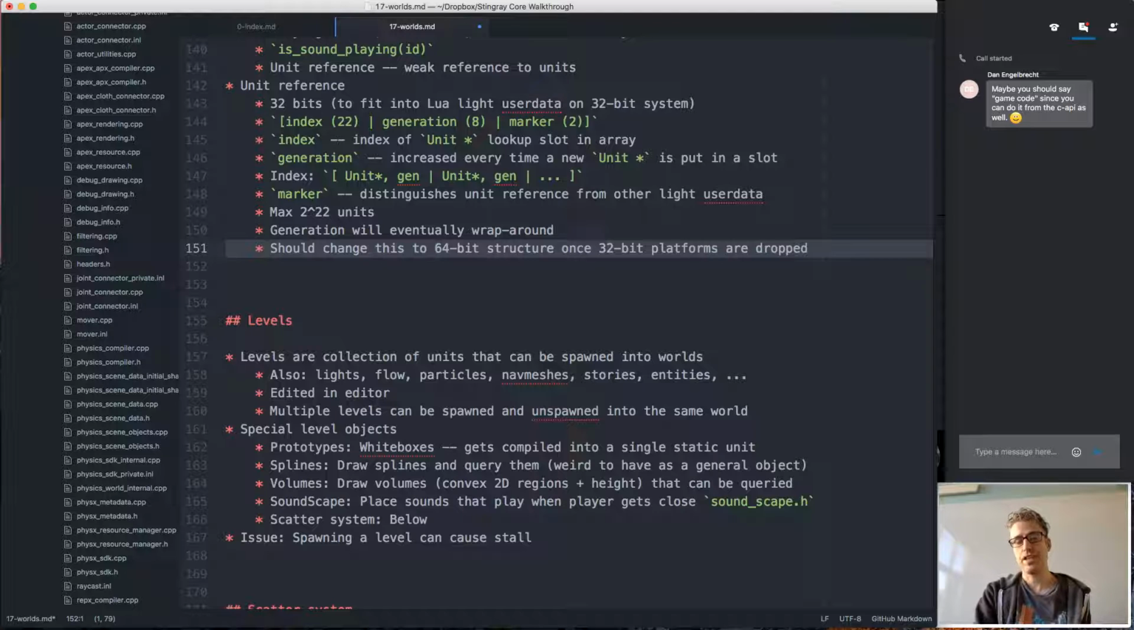And actually, once we are 64-bit only, we could change this to a 64-bit structure and have plenty more room. So currently, I think we're 64-bit on all platforms except Windows. We still support 32-bit Windows because there are a lot of people who like to run XP still or other kinds of 32-bit Windows platforms. So we will eventually phase out the 32-bit support completely. I'm kind of itching to do that,